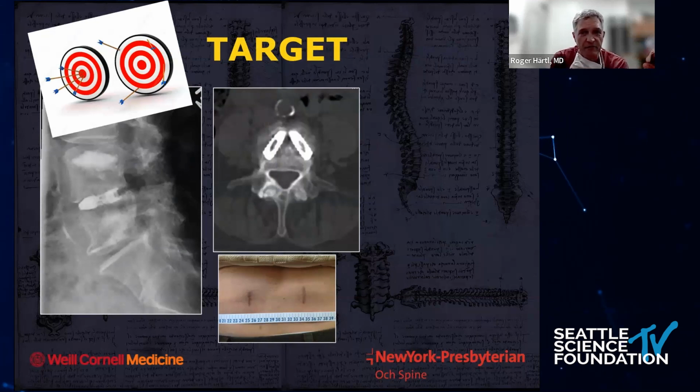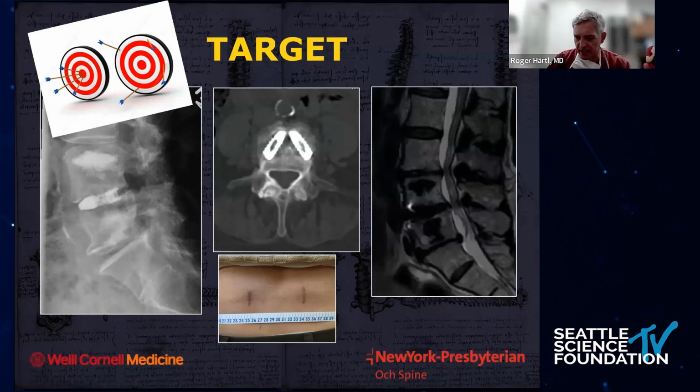This patient came from Europe. She had surgery done a year before I saw her, and had essentially presented with the same pain that she had before surgery, neurogenic claudication, no mechanical back pain. These were the x-rays, so they put cages in percutaneously, they put bone cement for some reason, and she fused. She had a great fusion, but she had the same symptoms that she had pre-op, neurogenic claudication. So the MRI scan showed that she still had stenosis here, and now she had adjacent level stenosis as well.